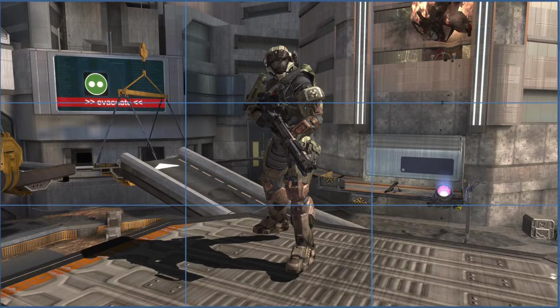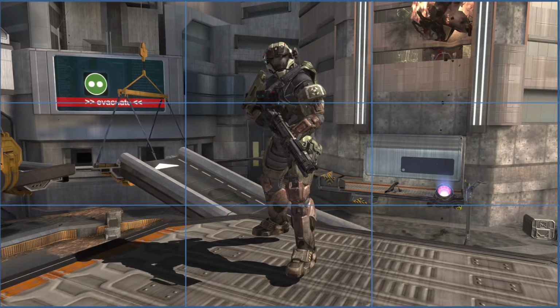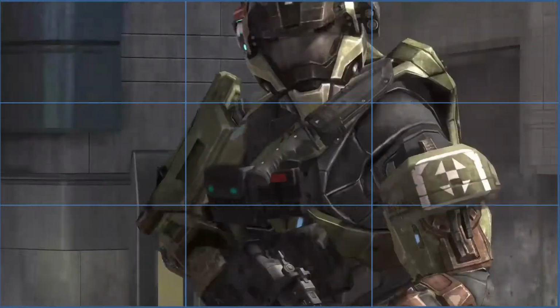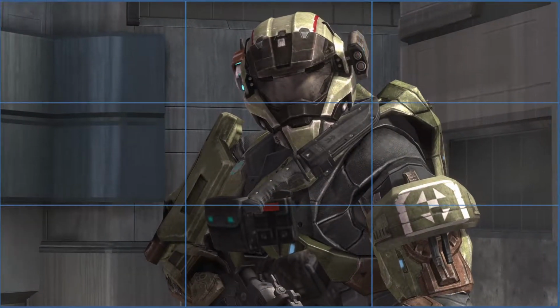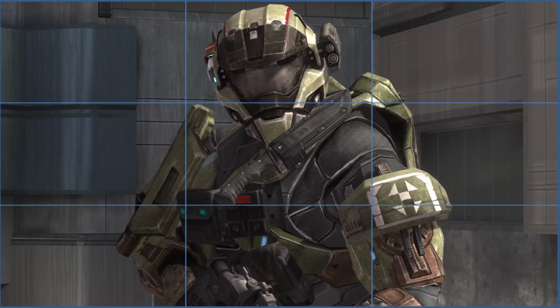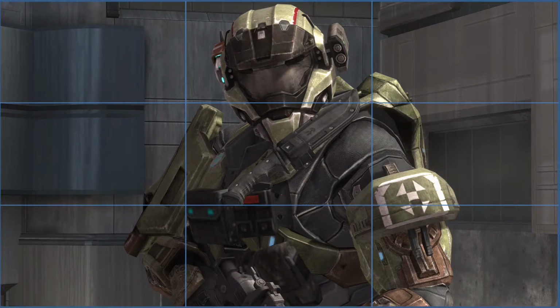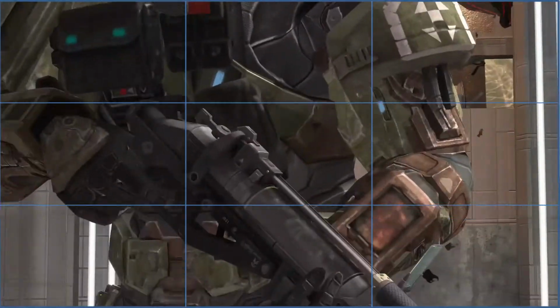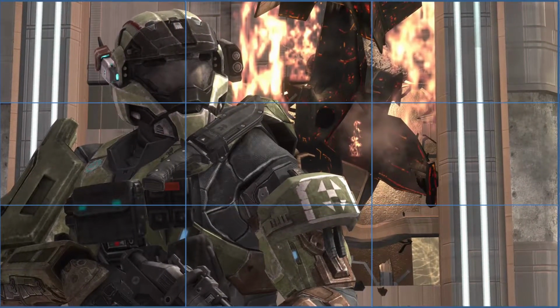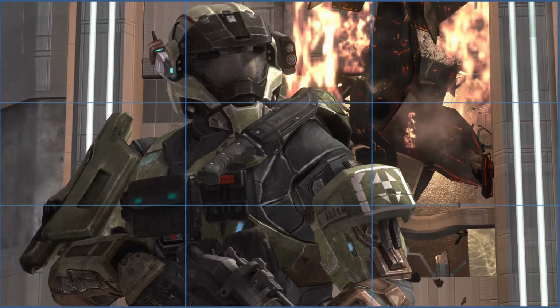So, for example, generally it's good to have a subject not framed in the middle like this. You can frame it like this and it looks okay, but generally the only time I take a photo head on is when I am making a poster and I have a blue screen in the background to crop out the Spartan. But when I'm taking a screenshot, generally it's best to find a different angle, like this. Keep them on a different side, or